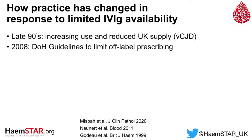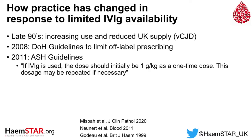In 2008, the Department of Health issued guidelines to try and limit the off-label prescribing, effectively being very strict on what you could and couldn't use IVIG for. In 2011, the American Society of Hematology issued guidance, specifically in ITP, on how to use IVIG, saying that the dose should initially be 1 gram per kilo as a one-off dose, and then, if necessary, that dose could be repeated. The evidence for that is, to quote another Bertrand Godeau study from 1999 that I'll go into in